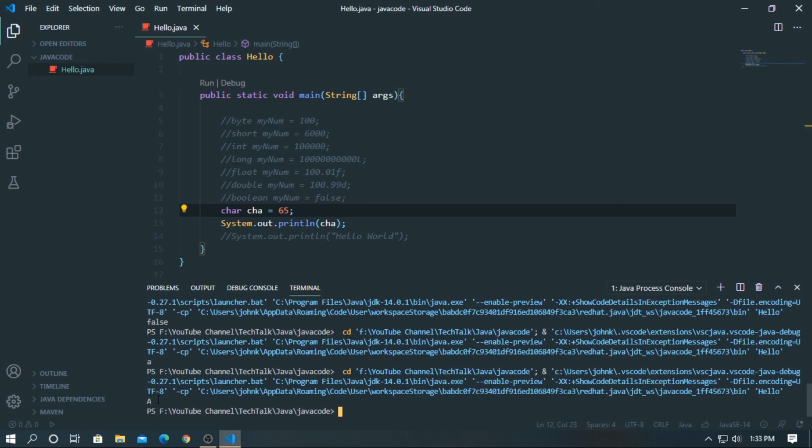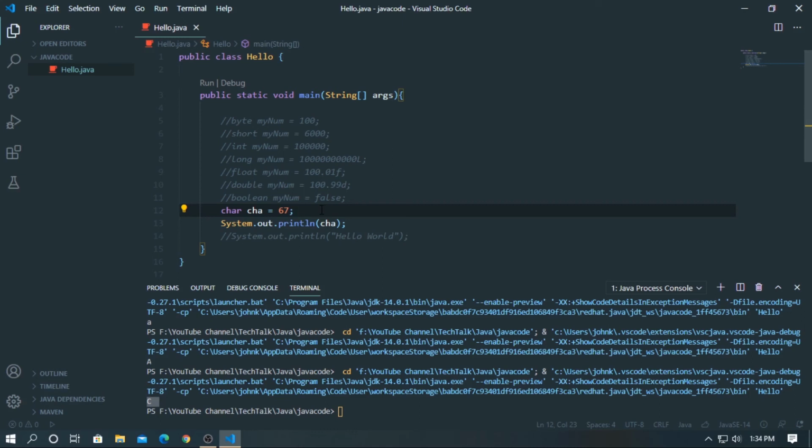It's printing capital A. Let's change it to 67. We should print C, and it's printing C. So this is how we can initialize or create character variables and assign a character value.